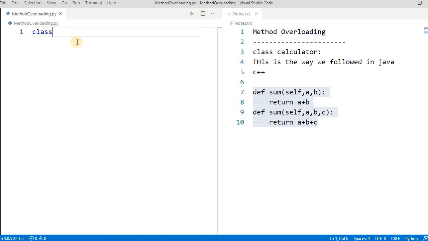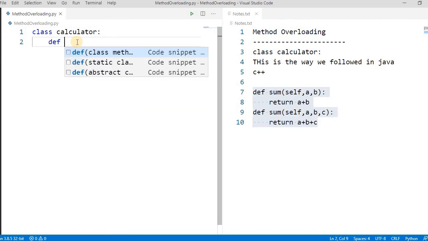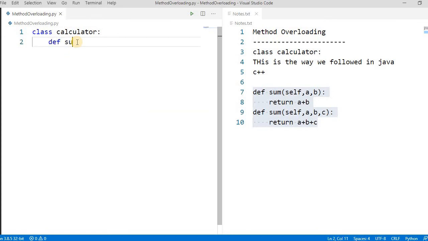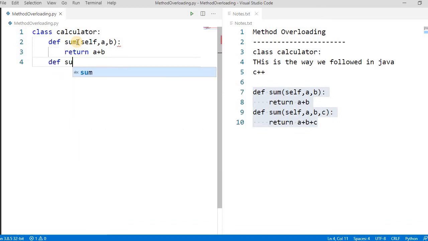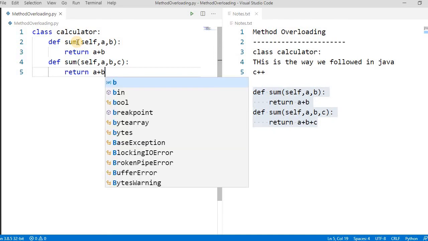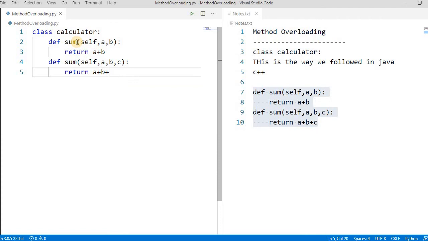So let's create the same class, Calculator. We define sum with self, a, b and return. Then we create a different method, sum with self, a, b, c. We are taking three parameters, while the other takes two parameters. So write a plus b plus c, simple.